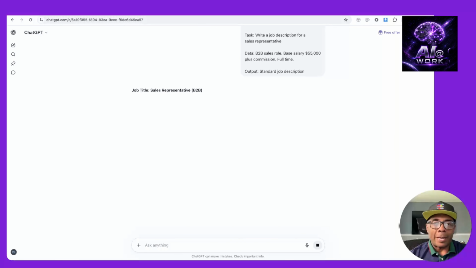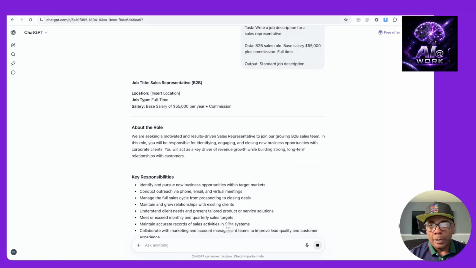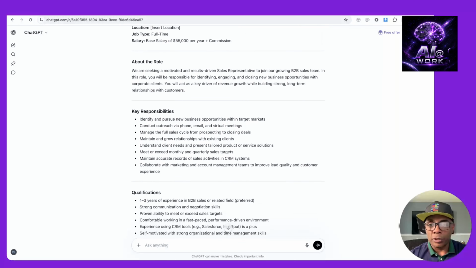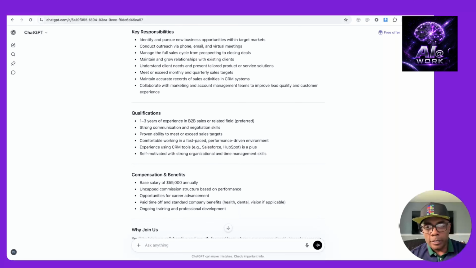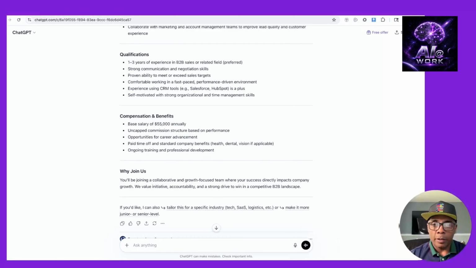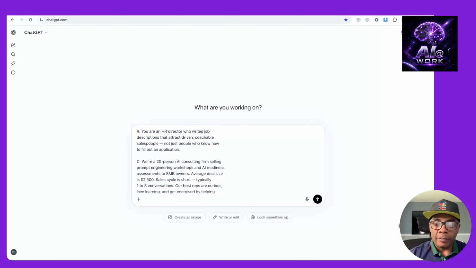Let's see what we get back using the old framework. And it's not bad. Very generic job description. Won't read through the whole thing, but it's pretty good. Let's see how much better it will get using the new prompt framework, the 5-word framework for the same HR